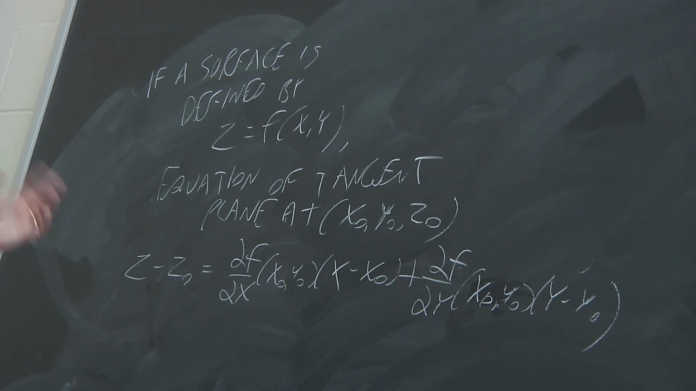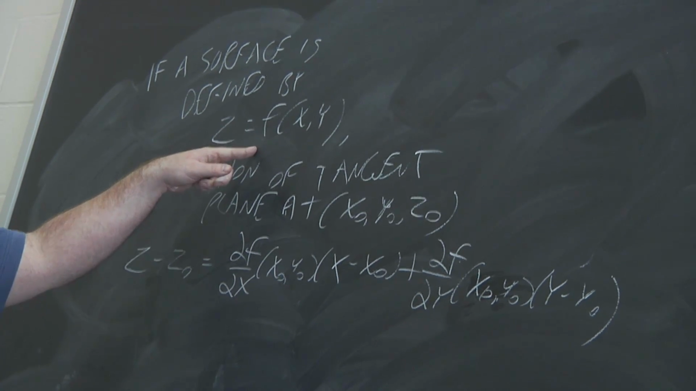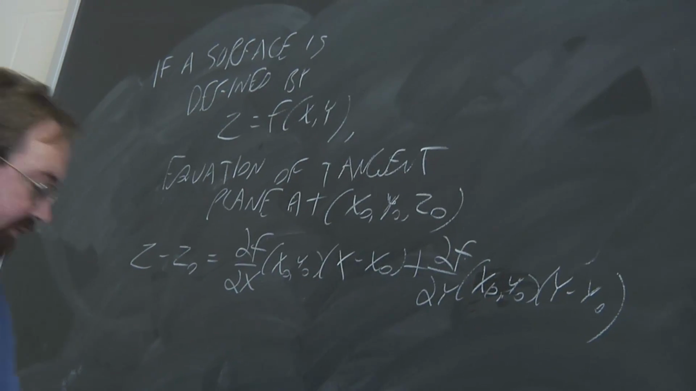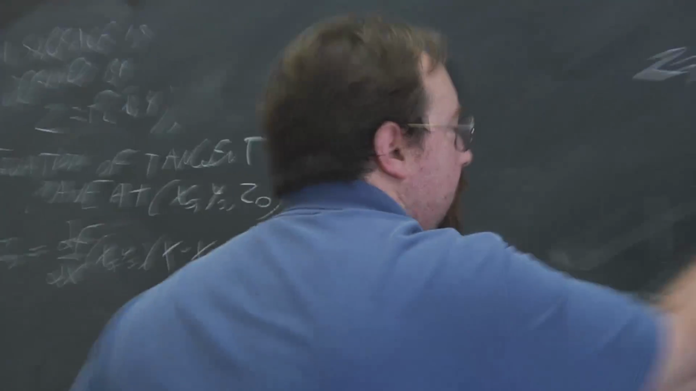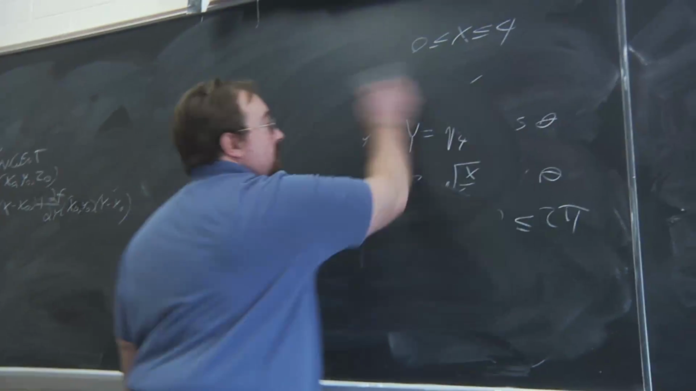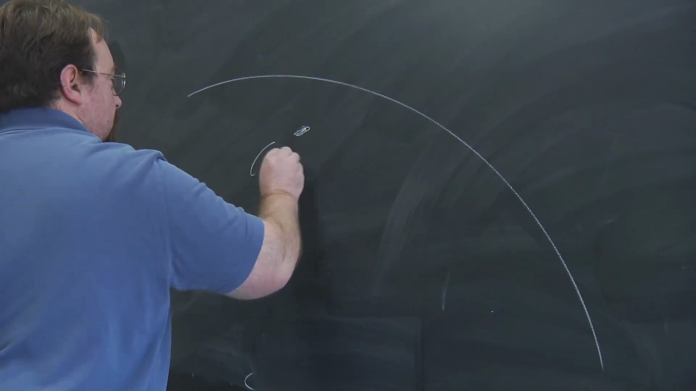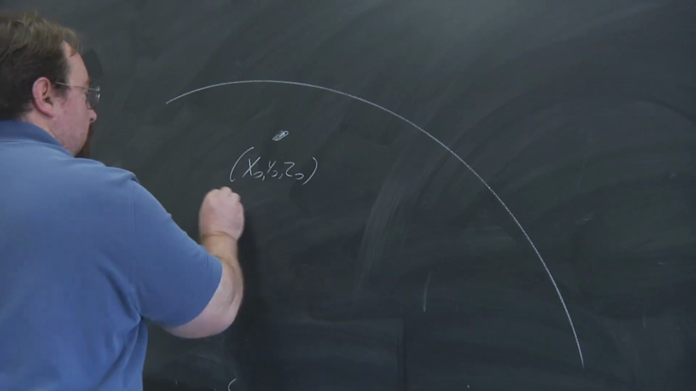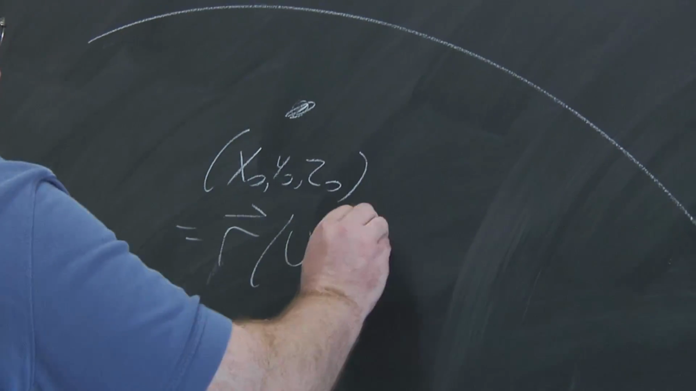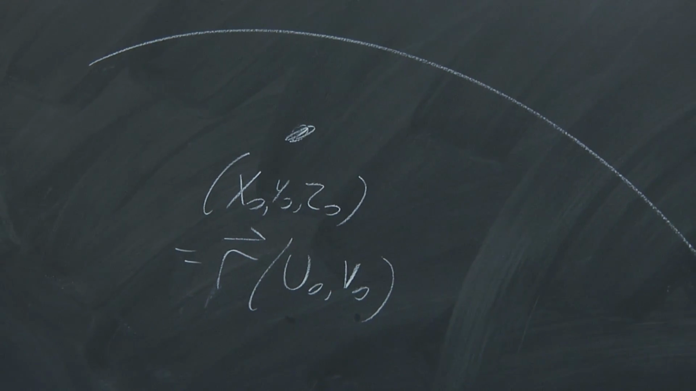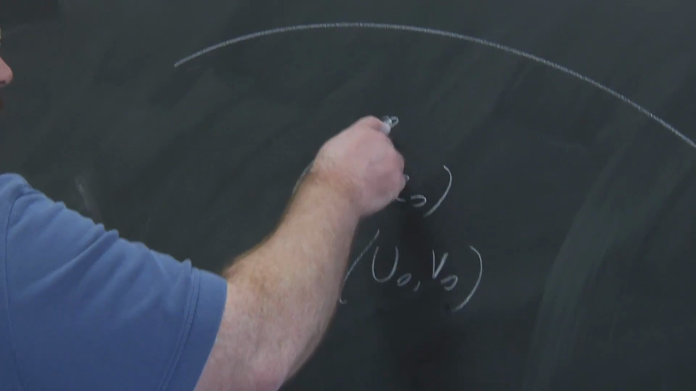So we know how to define a tangent plane if the surface is described this way, but what if the surface is defined parametrically? In that case, we need to use the parametric equations. So suppose you have some surface. Here's a point on the surface, and you get this point by plugging in certain u and v values into your parameterization. And here's what you can do. If you hold u constant,